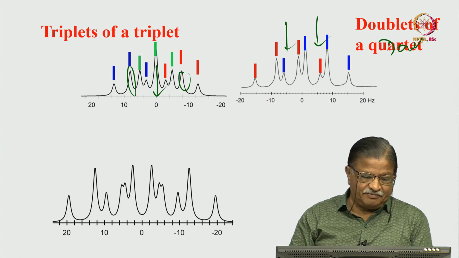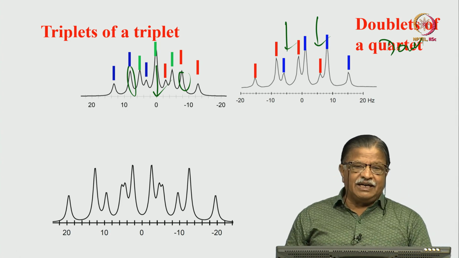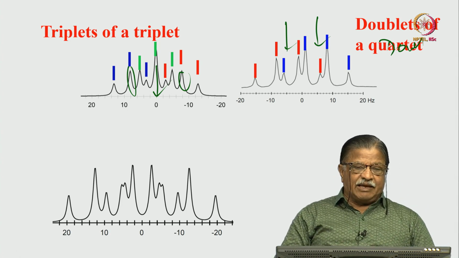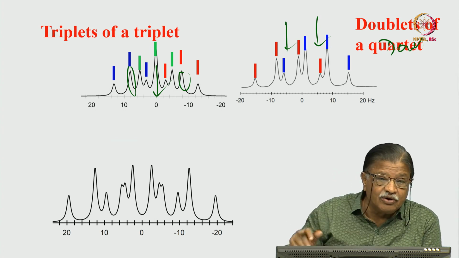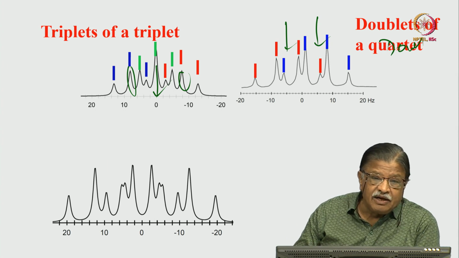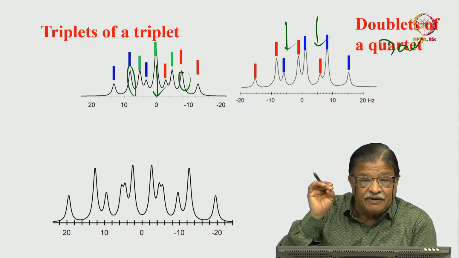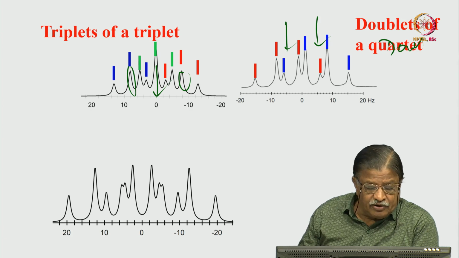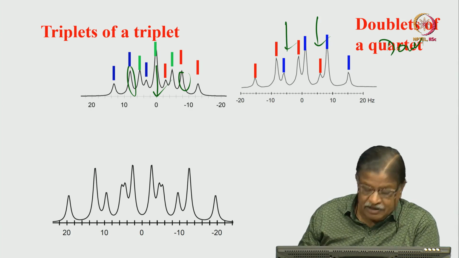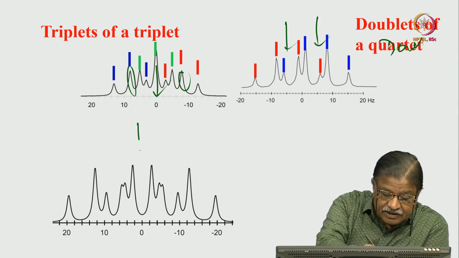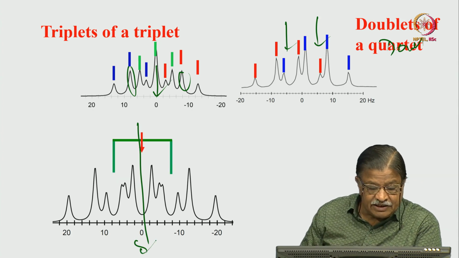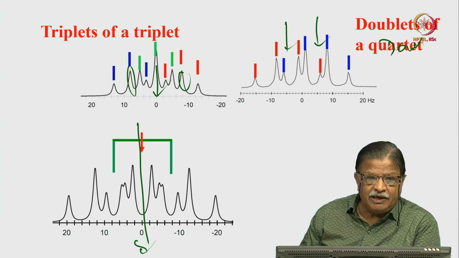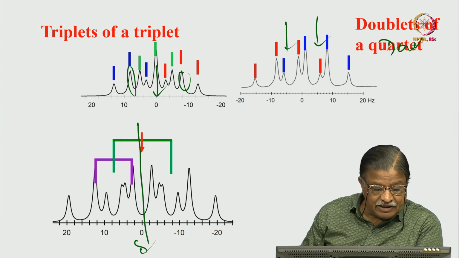This is more complex. Now, we have to understand why we are going to get this type of pattern. If you look carefully, first of all you have to decipher the multiplicity pattern, which is very important. Look at this pattern: first, the center of this is the chemical shift, as I always told you, of the multiplicity. From the center, first it is going to be a doublet, and each line of the doublet is further split